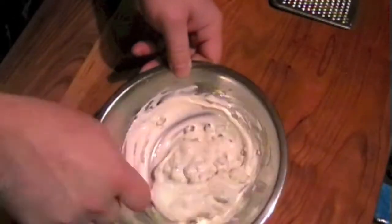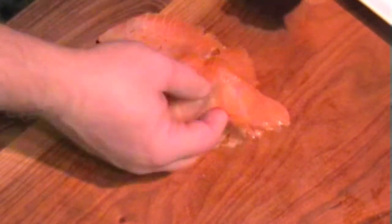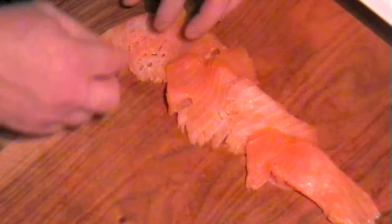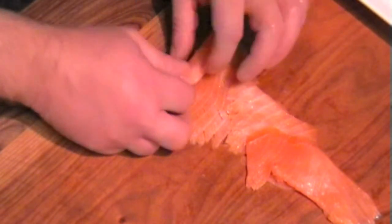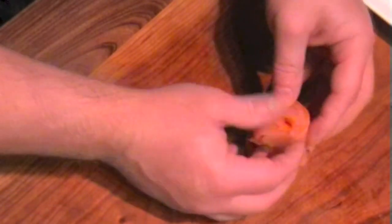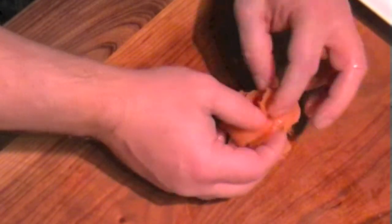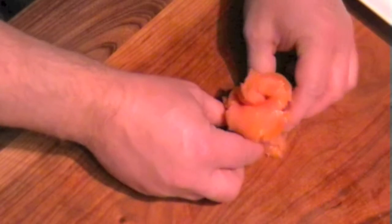Now that you know how to carve the smoked salmon, let's get ready for plating. Now all I've done is I've just cut a couple of slices of smoked salmon here, and then I've just laid them out flat here. So what I want to do now is I'm just rolling the smoked salmon like so, and what we're left with is a nice little rosette of smoked salmon. So there's one